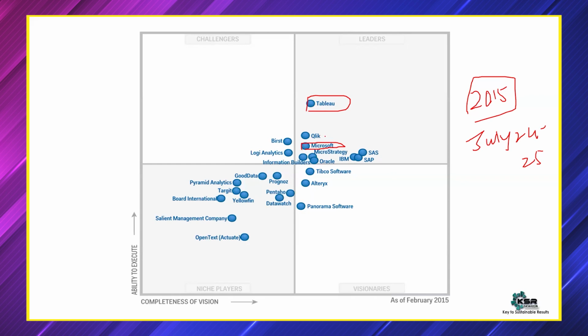Qlik means QlikView or QlikSense. QlikView and QlikSense are both a combined product. Now, if you move ahead, the gap is more. Tableau is leader here. The gap between QlikView and Microsoft is very small. Microsoft means Power BI, very low. But still, Qlik was the market's second leader.